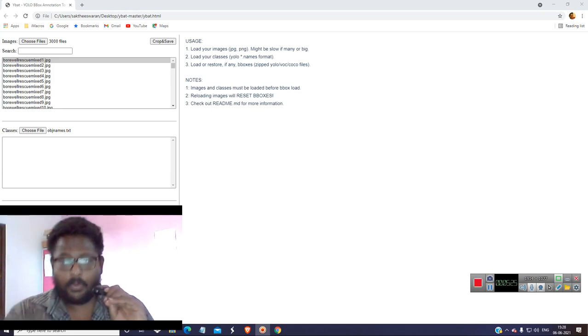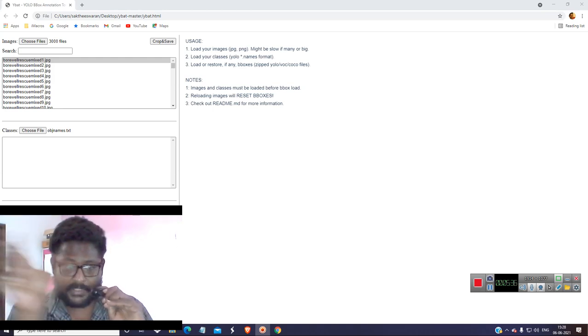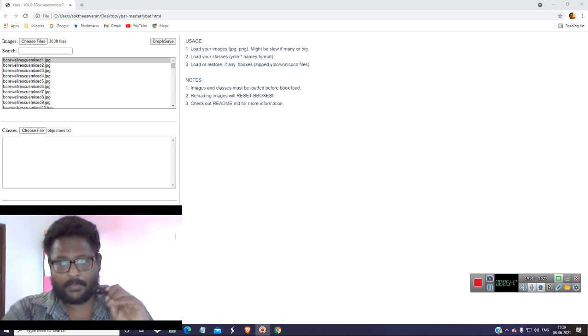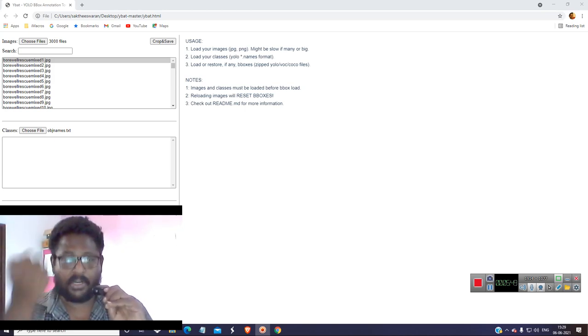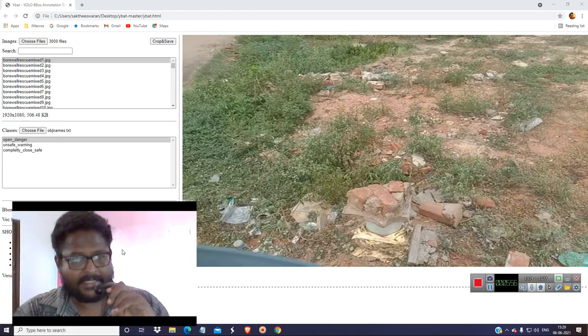Okay, after this we are going to do the training part. So let me show you how he has annotated correctly. You can see the boxes and the plus sign is just jumping here and there. It should not jump here and there. It should only be in the center with the centroid, so that the box is in uniform alignment with that object, and the background is not much contributing to the detection, because the background could act as a noise to the detection. Okay, it has safely got that.